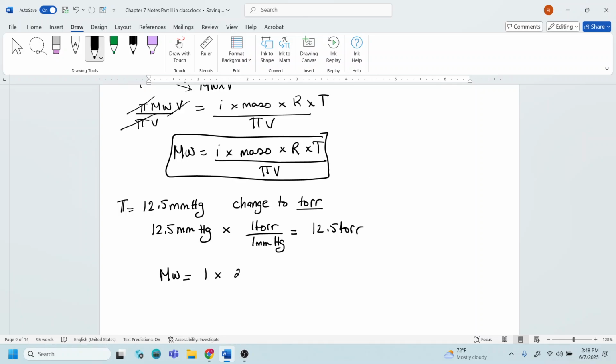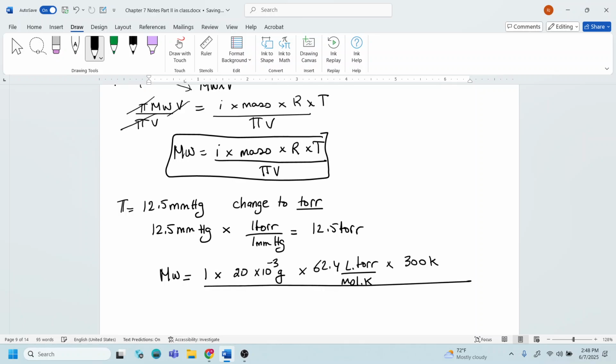So it's going to be 20 times 10 to the minus 3 grams. You have to divide by 1,000 to go from milligrams to grams. I'm going to multiply this by R, which is 62.4 liter torr divided by mole times K, times the temperature, which is 300 K, divided